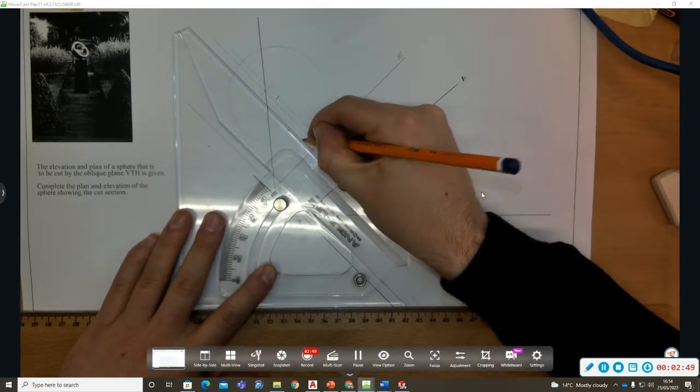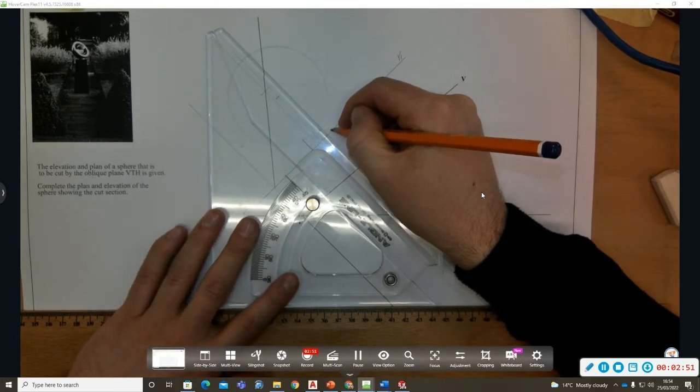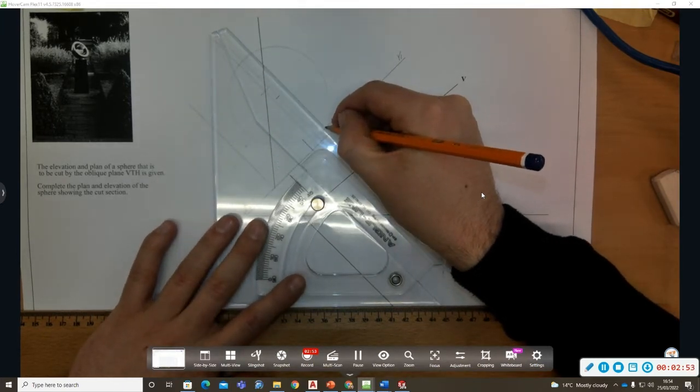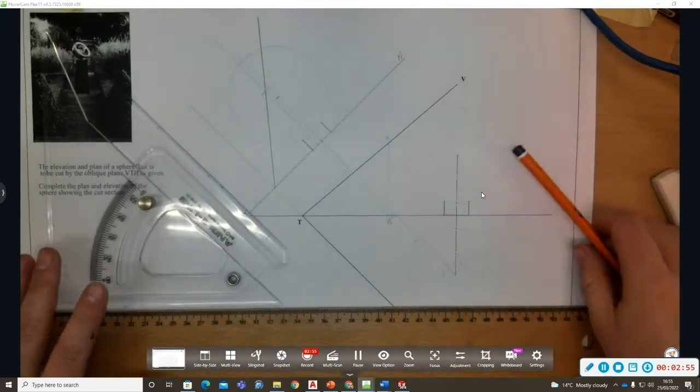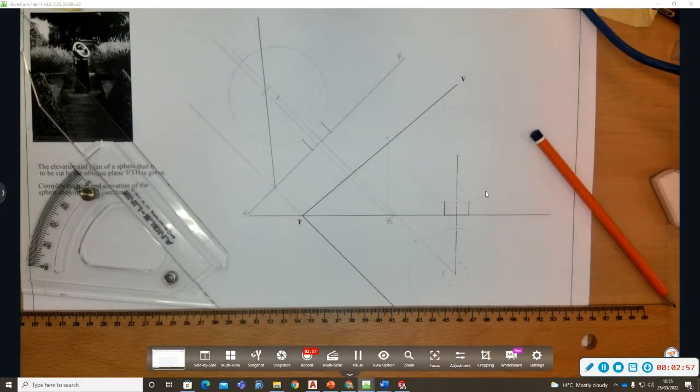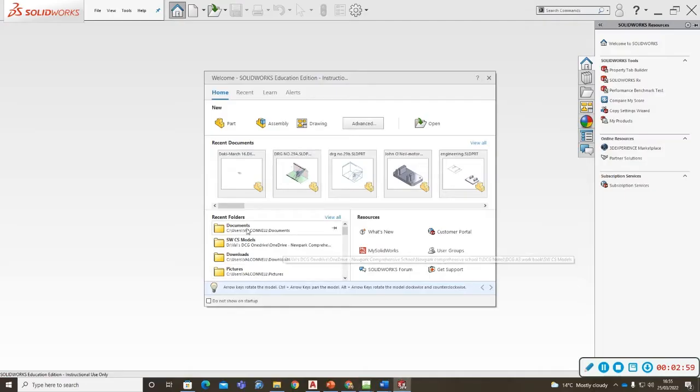Now to solve this, what we're going to do is a series of horizontal sections. So if I open up a model,